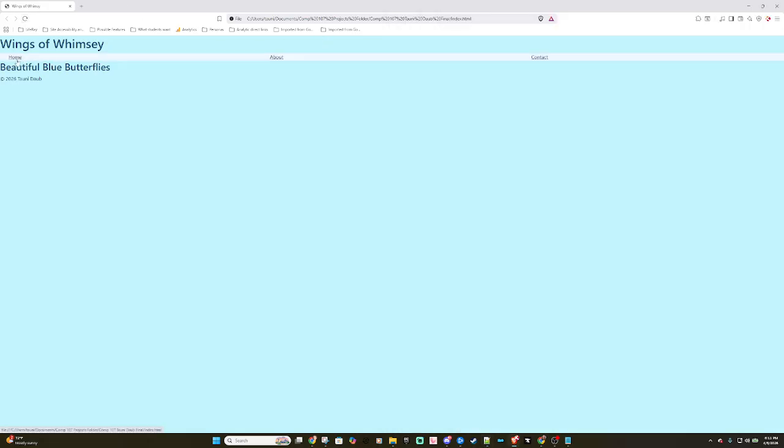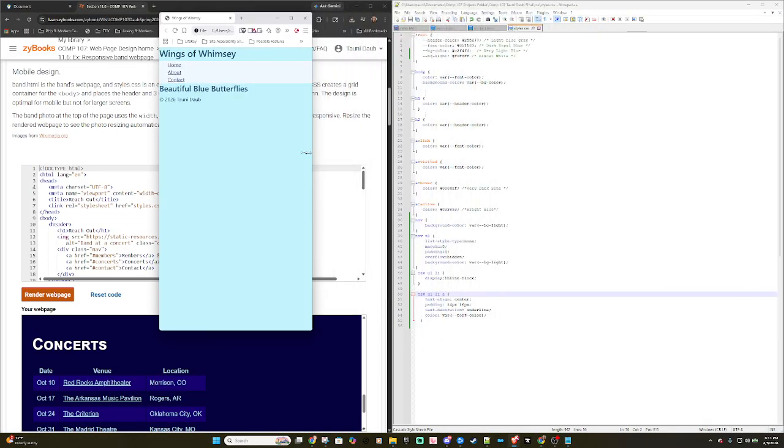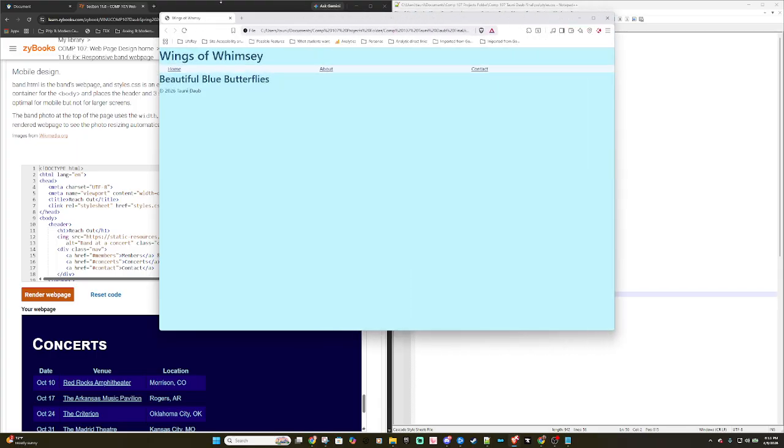So it's a lighter blue. They are now underlined and the dot has gone away in front of it. So then if we wanted to, make this narrower, then they stack on mobile. So then